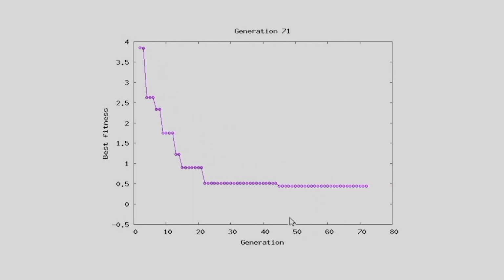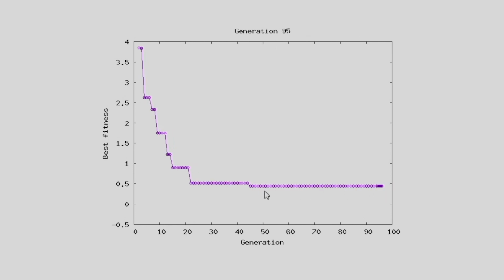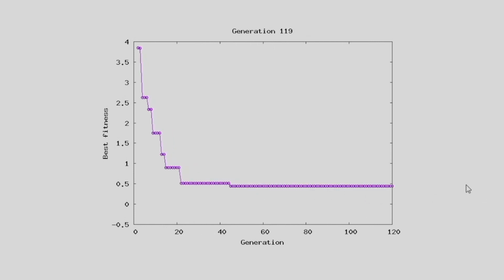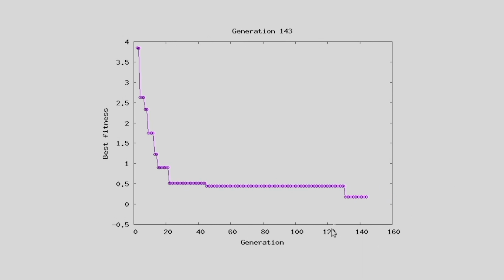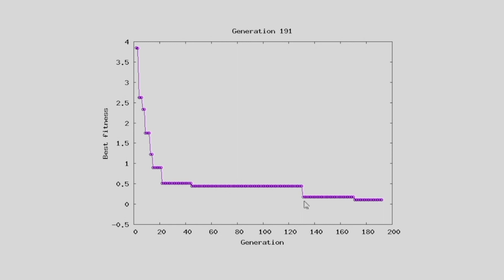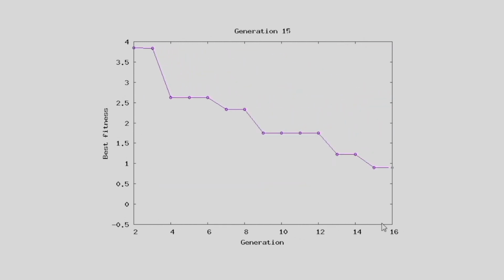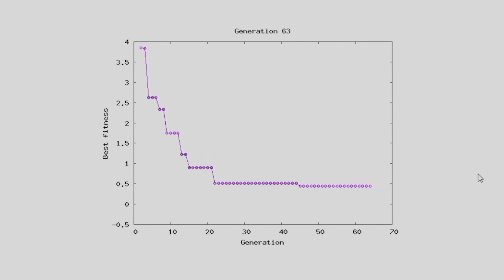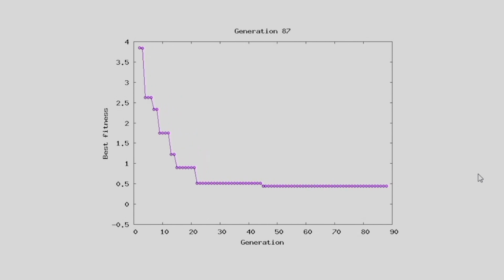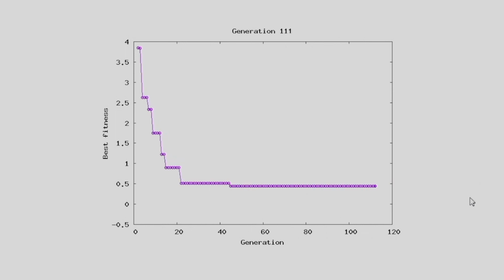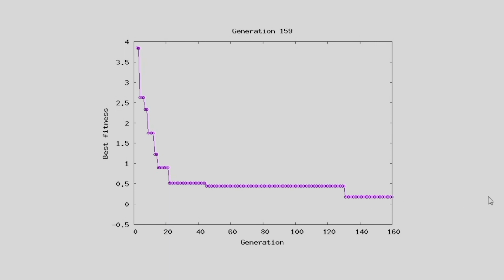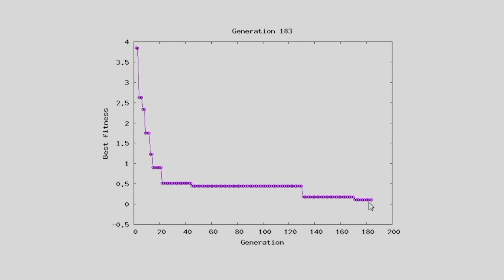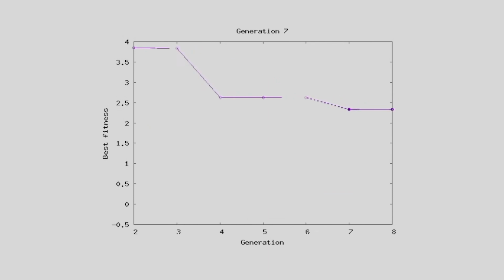And after 40 generations, there is no improvement in the fitness, because the solutions are generated, the selection is performing crossover and mutation, and somewhere close to 130 there was an improvement in the population, and that's why the best fitness was improved. So close to 130, the solution has improved, and there is a little improvement after 170 generations.